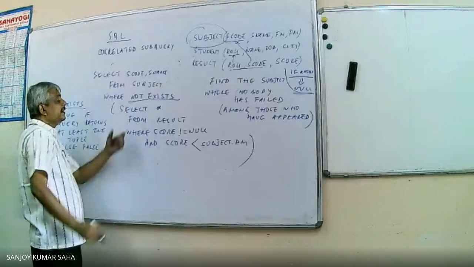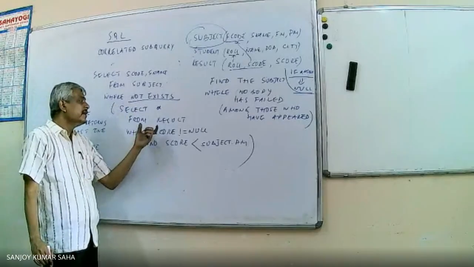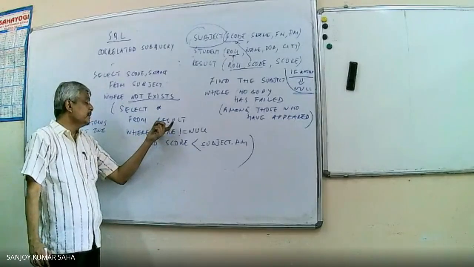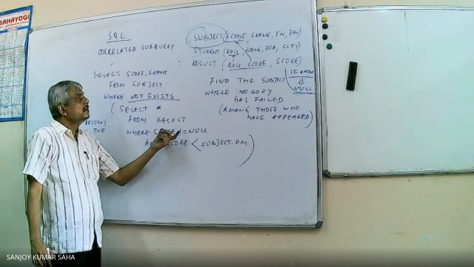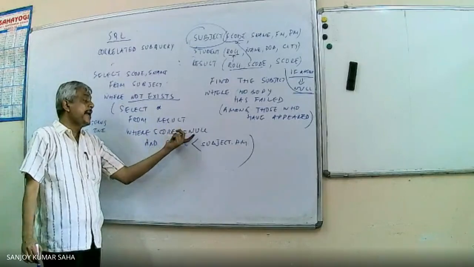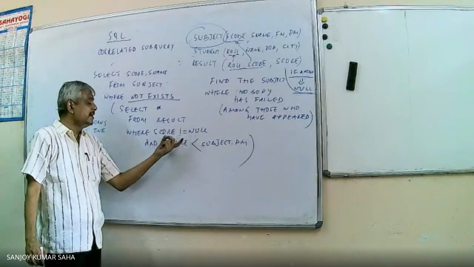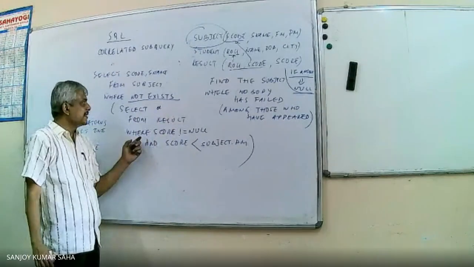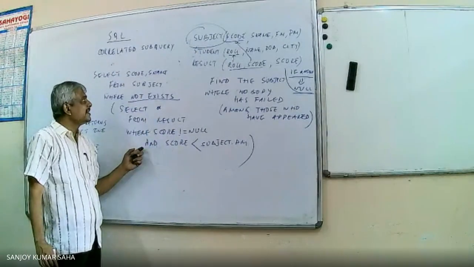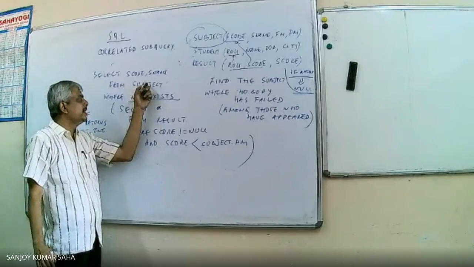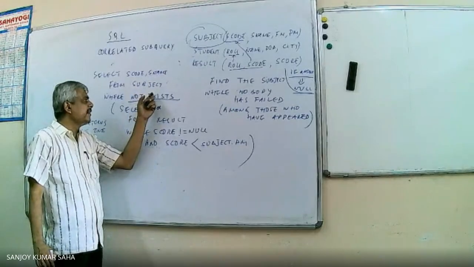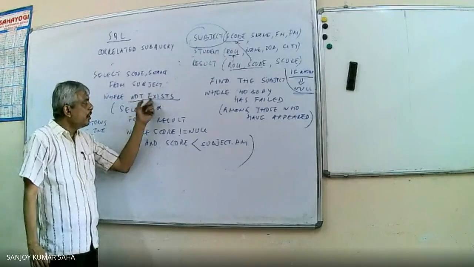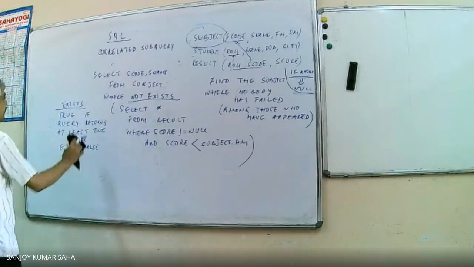So this will be returning the tuples, maybe more than one tuple, corresponding to the students who have appeared for the subject, so not null, and the score is less than first marks. So failed cases. So if it is not existing, then in that particular subject, those who appeared in the exam, nobody has failed. Right? Or it can be done in another way also.